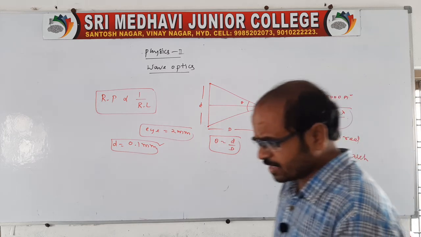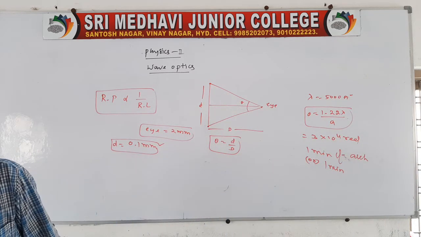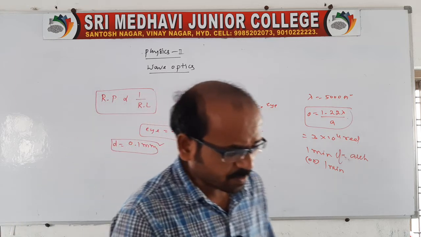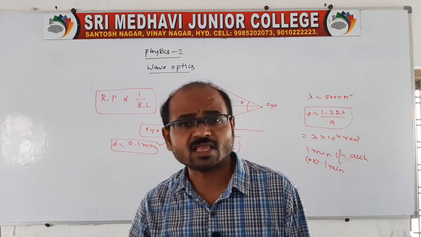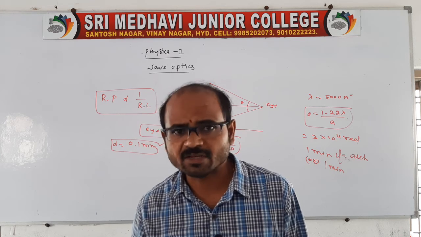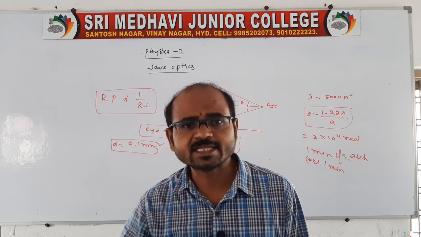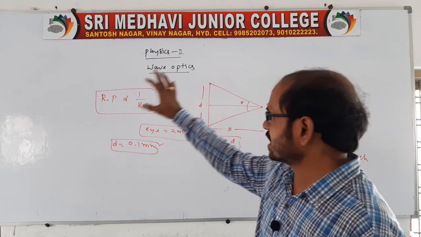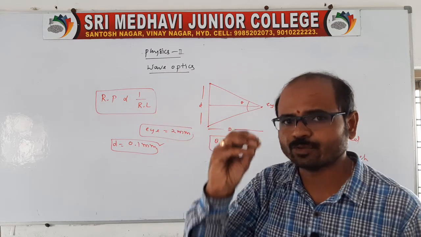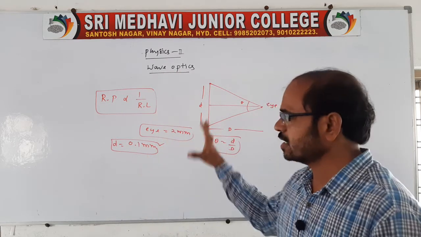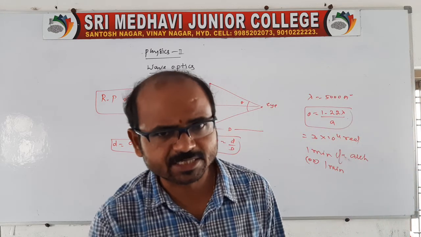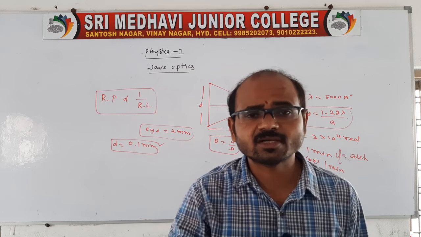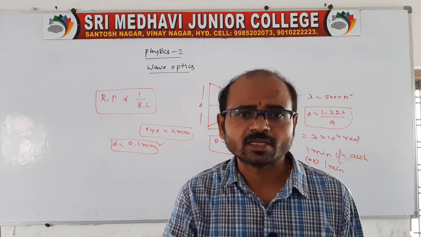Here we have 2 optical instruments: one is the telescope, its resolving power, and the other is the microscope, its resolving power. That we will see in the next classes. This was only the resolving power of a human eye, and you should go through all this, because it is also very important for 2 marks questions. I will tell you other examples of resolving power also in the next class.